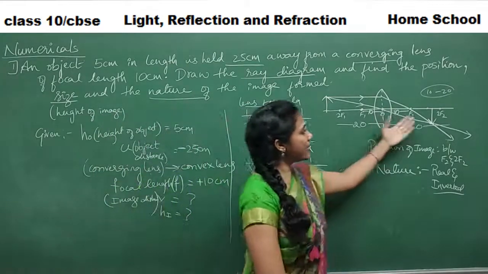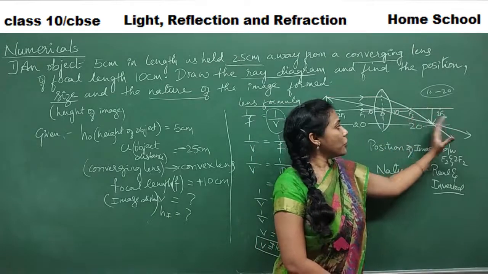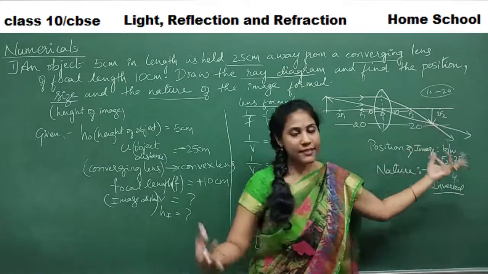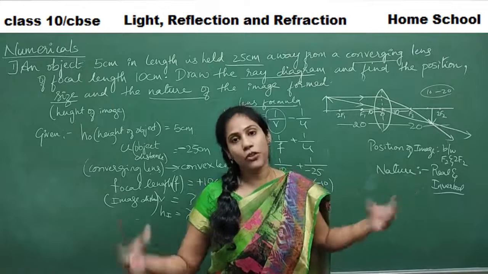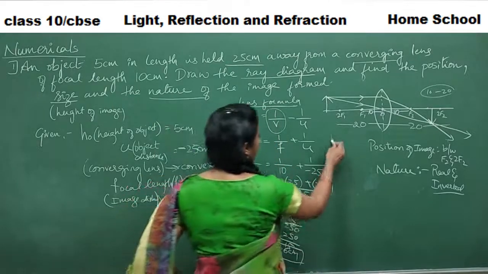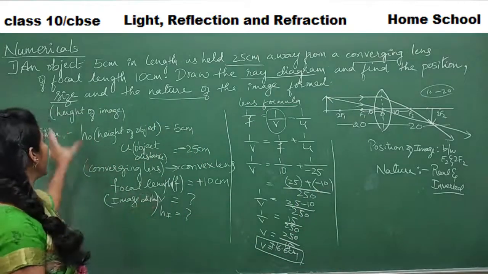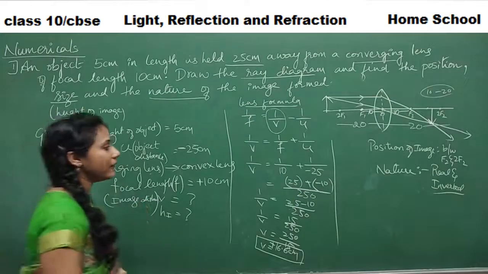Definitely. See, where is our image? Image is formed this side, that is the positive x-axis side. Definitely the image distance will have a positive sign, right? So the V value we got to know. Over. Then the image distance is over. Then what do you have to find, guys? The size of the image you have to find, right?